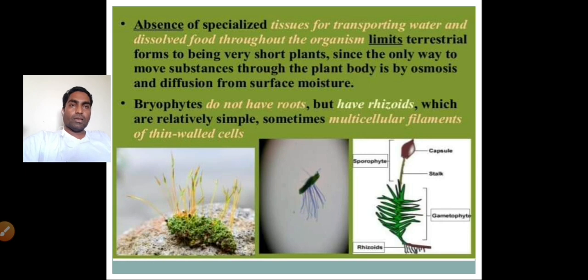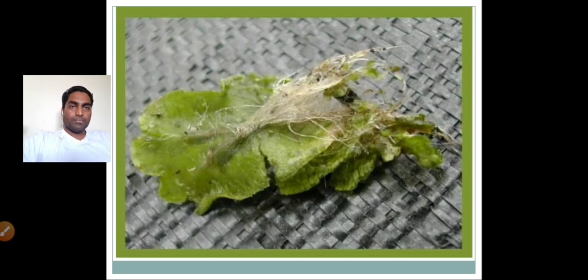Now, in this case also you can see the absence of a specialized structure, that is the vascular tissue, as well as the presence of rhizoids. These rhizoids play a very essential role in the absorption as well as the anchoring of the thallus to the substratum. So, this is the thallus structure and the rhizoids are seen here. Rhizoids, in Marchantiales, are of two types: the tuberculated as well as the smooth-walled type of rhizoids are present.